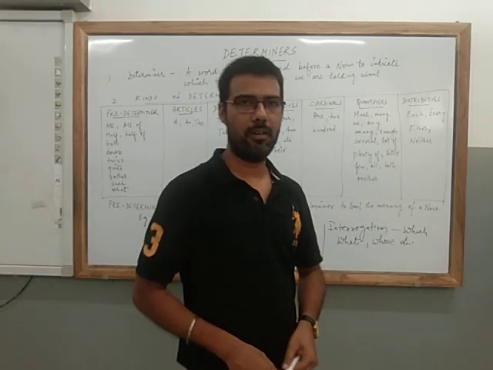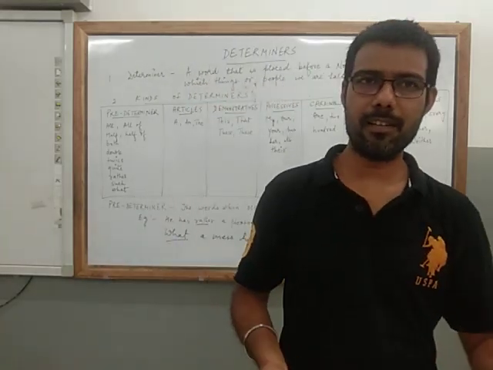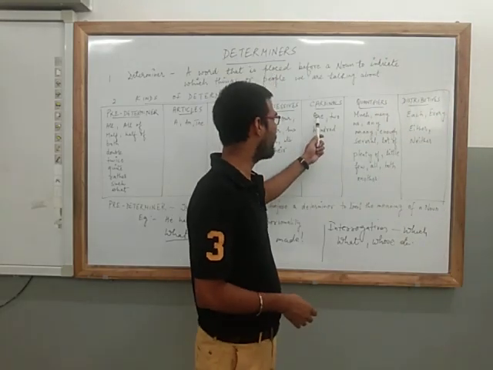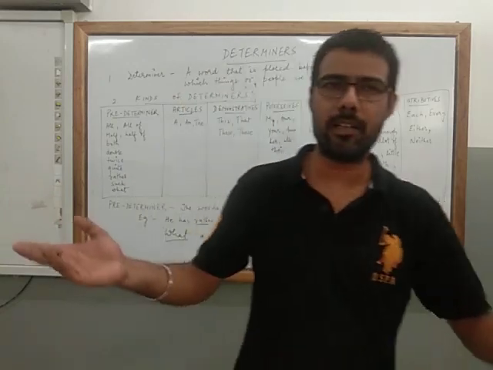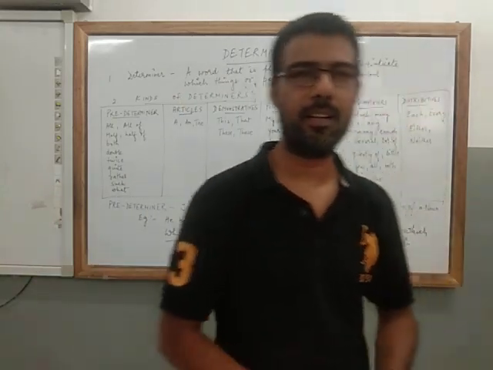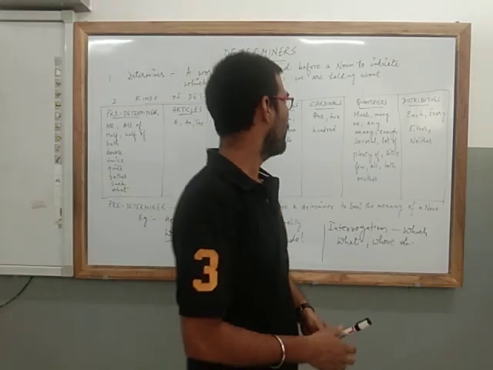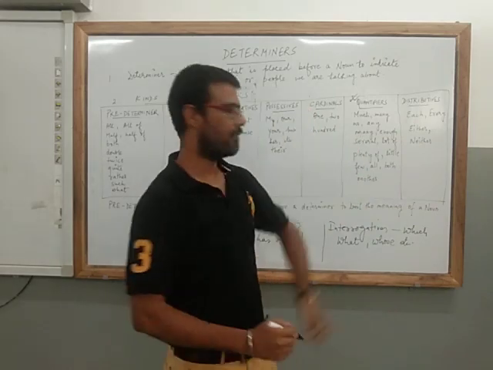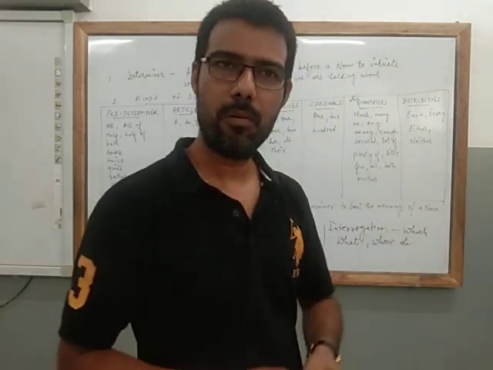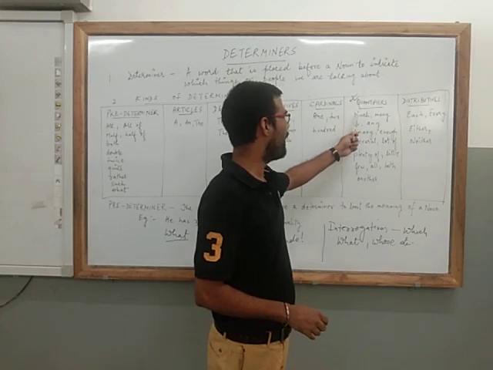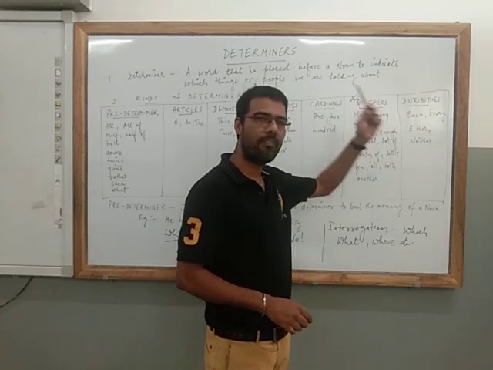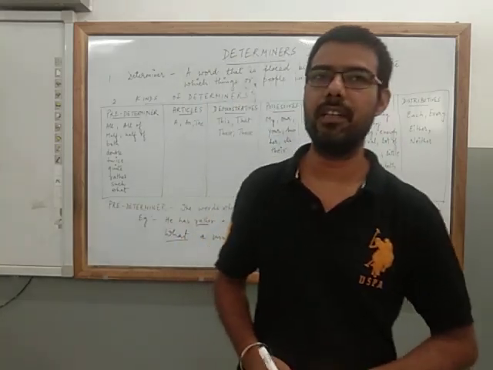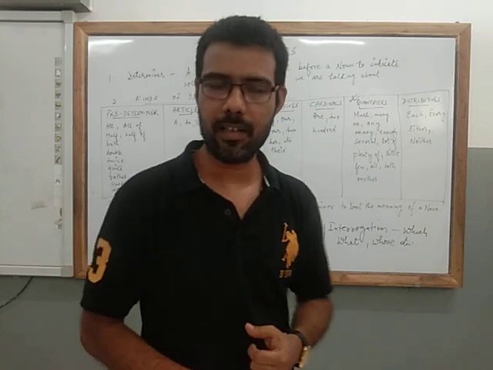Next, cardinals or numerals. Children, these are also part of adjectives. Now when you see words like 1, 2, 3, 100, 500, 1000, if it is followed by a noun, it will be considered, of course, as a determiner. Next, quantifiers, very, very important, children. This is where generally we get puzzled.